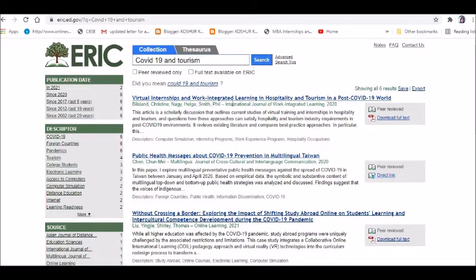And you will see, bingo, here I'm getting certain things like virtual internships and work integrated learning in hospitality and tourism. Now, if you are doing research on just COVID-19 and tourism, it's a very generalized kind of an objective for you.